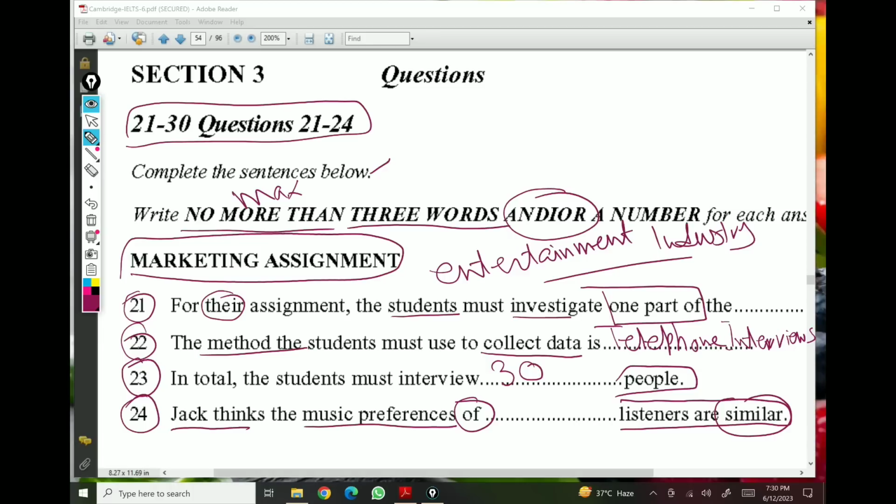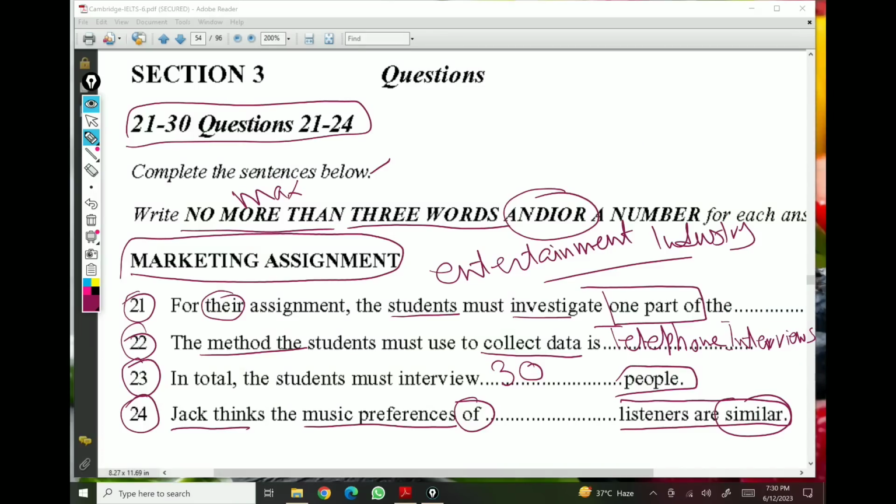Yeah, it's not only female. It's no more than 3 words. So the correct answer is male and female. Not just male or not just female. So preference of male and female. Listen to it again. First they talked about cinema. But our question is about music preference. That was all an irrelevant part because we were concerned about music.